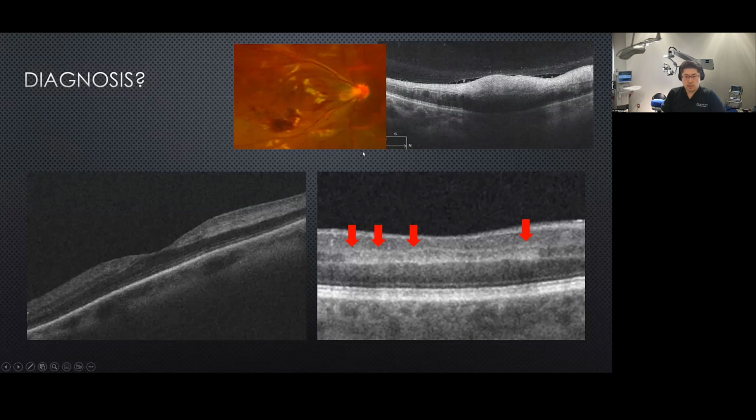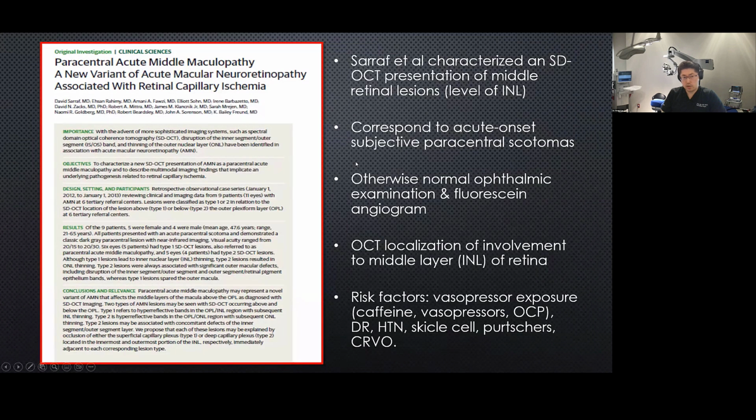Now, if we look back, we remember that for cotton wool spots, nerve fiber ischemia also gives you this white band, right? Like a white hyper-reflective thickening of the nerve fiber layer. So this is a condition called paracentral acute middle maculopathy, or ischemia of the middle retina. It is usually associated with infarction of the macular capillaries,